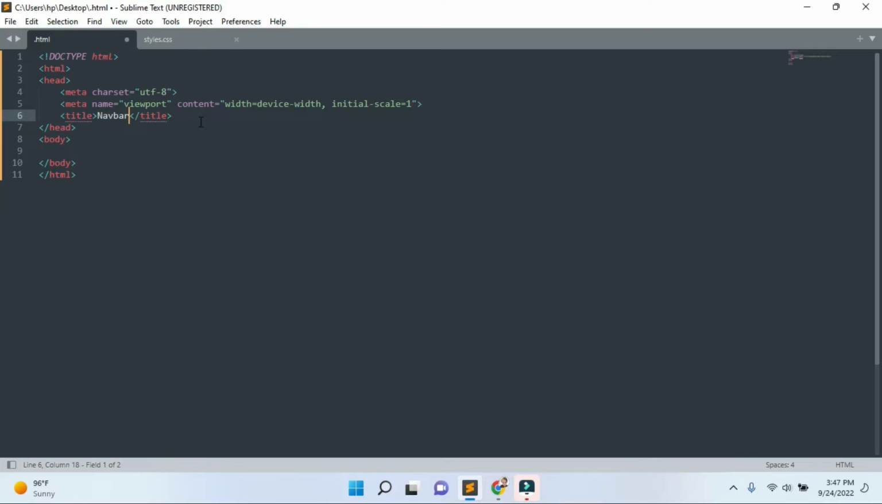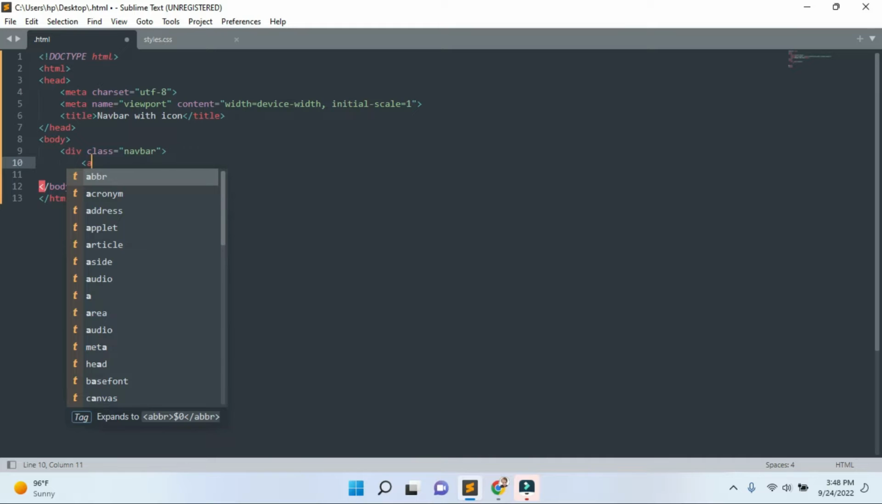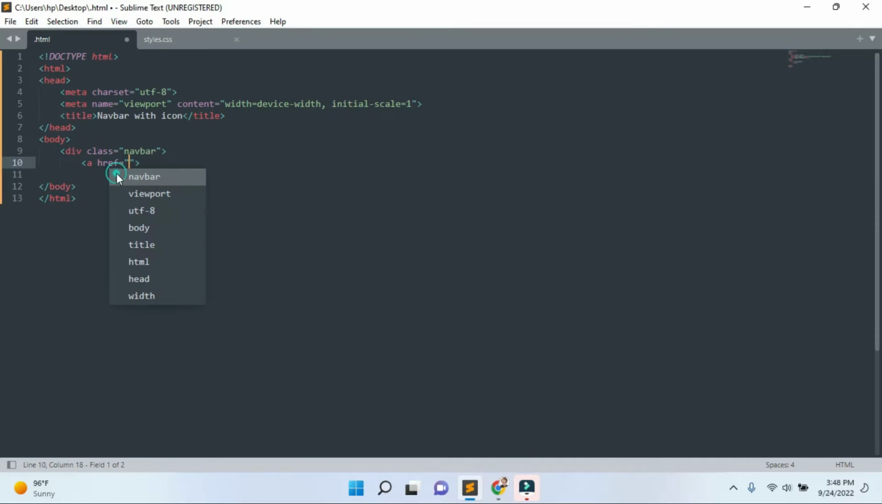So I have already created an HTML and CSS file. Now just press ! in the HTML section, and it will automatically show the HTML structure. Now let's create a div and put class equal to navbar, and then to create a menu or a navbar,